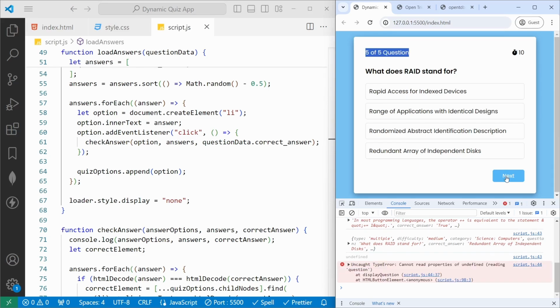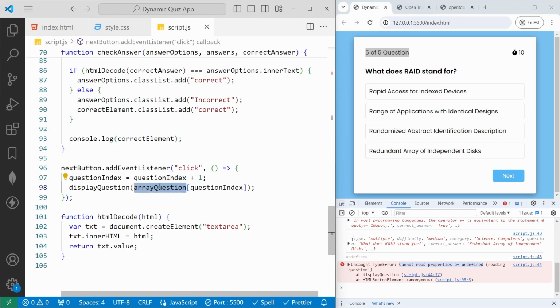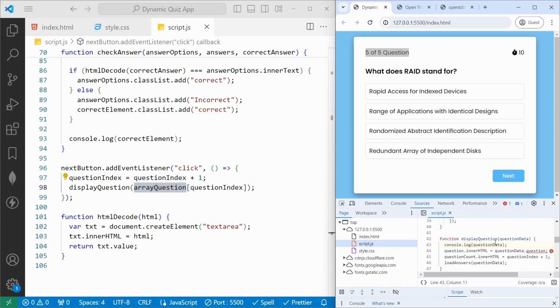If I hit next, it will throw the error: cannot read property of undefined, because now the question index is 6. In that question array, we have 5 items. If this is 6, we can't read that. That is what this is saying: this question index is undefined. So we need to fix that. Till the fifth question, this should be next, and then on the last question, this should be submit, and we need to show